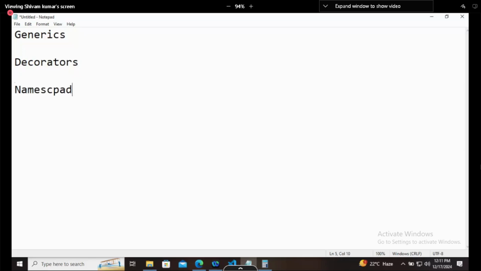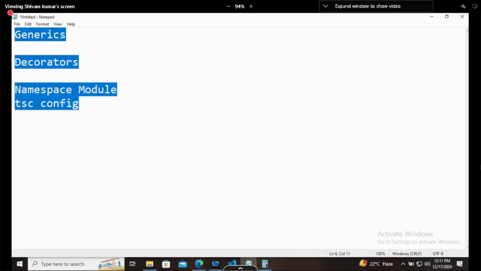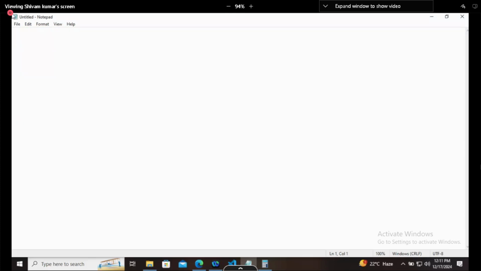Inside namespace modules we have two different topics: naming convention, and one particular topic inside this, tsconfig. So these three topics are there, for Tuesday, Wednesday, Thursday. Yeah. Polymorphism we discussed yesterday. It is just that you can use one particular function multiple times in different ways. Now you can check the recording and notes, guys.